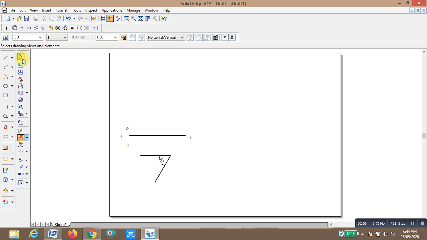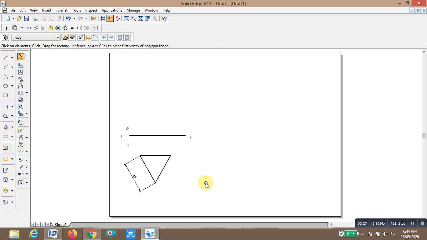Now similarly you select this. Now I want to remove this angle, then select line command. From this extreme end you connect this edge. Now it forms the equilateral triangular lamina of side 40. Go to smart dimension, you show the dimensions. This is 39, you change it to 40. Check once again whether all dimensions are 40 or not.